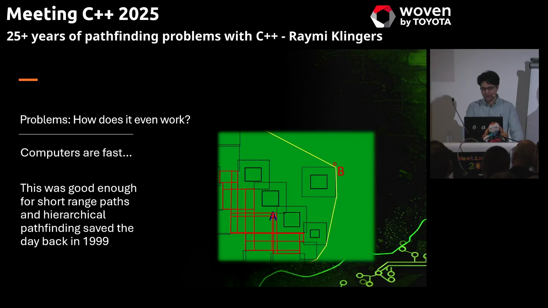Now, when I discovered this, I was like, okay, how did this ship performantly in 1999? Apparently, this was good enough. Like, the code is not written in an unperformant way. It's actually very performant. But what they basically did is they had some early version of hierarchical pathfinding. So for long-range paths, they used a different algorithm, a mid-mapped A-star algorithm, which was blazingly fast. And I think that just saved the performance back in the day.